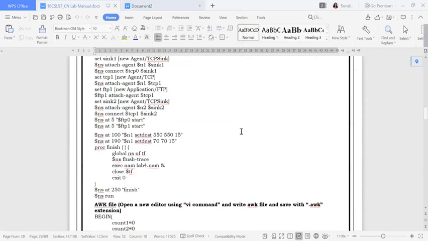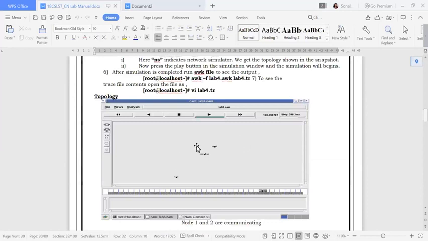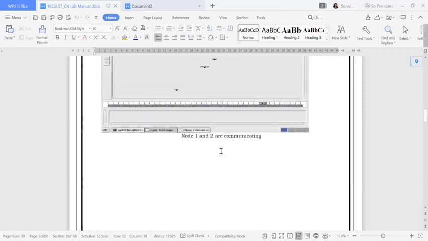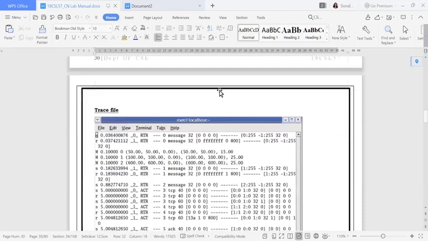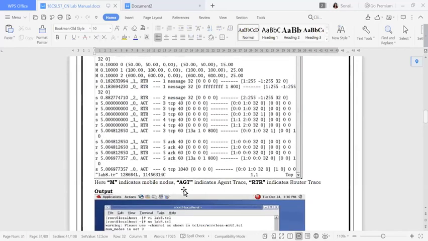You can see the output here. The output looks like this. Can you see here? There are 3 nodes: one will be N0, one will be N1, one will be N2. We are going to find out the data transfers between the nodes. This is your animation file, and this one will be your tracing file. I know by seeing this you will wonder what the values are showing. Don't worry, we will come to know the individual things, and how the trace file has been generated.